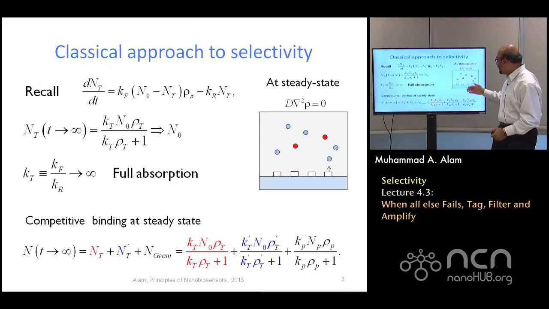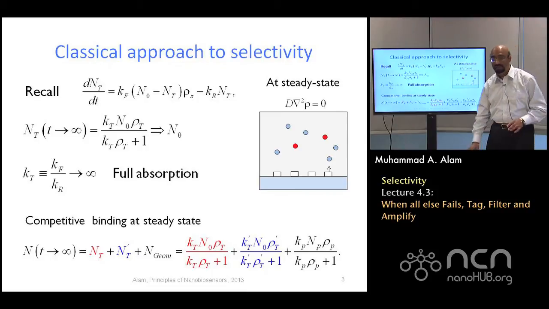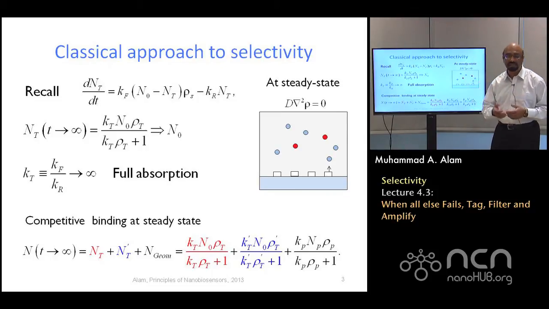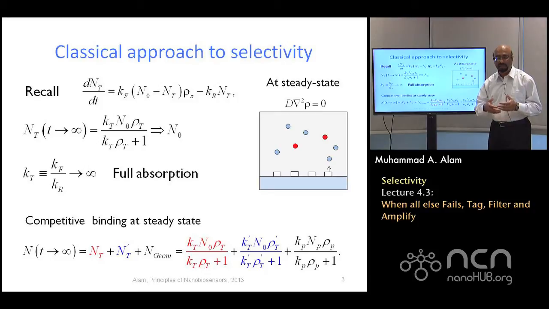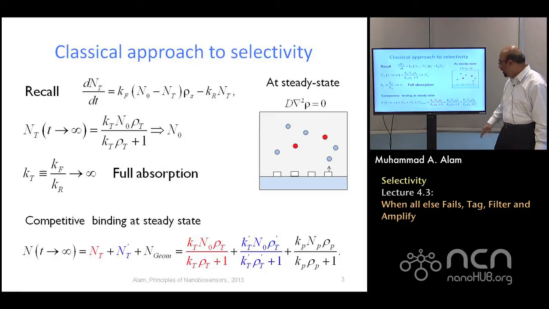But as we saw, when you have these blue molecules around, this parasitic molecule around, they can also come and sit on the sensor surface, giving a parasitic signal, a spurious signal, which is not the real signal. And therefore, that was the second term. And this is something we discussed in lecture 25. The third term was molecules sitting in empty spaces. That is the black term. So we also discussed that.